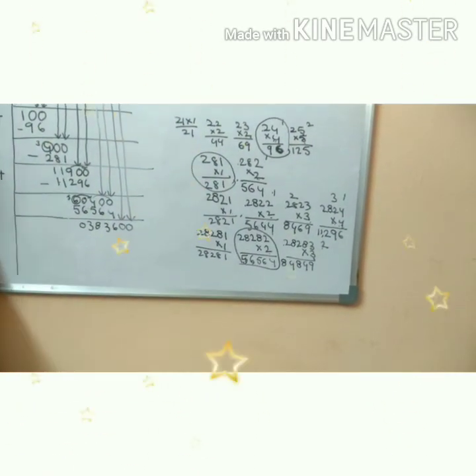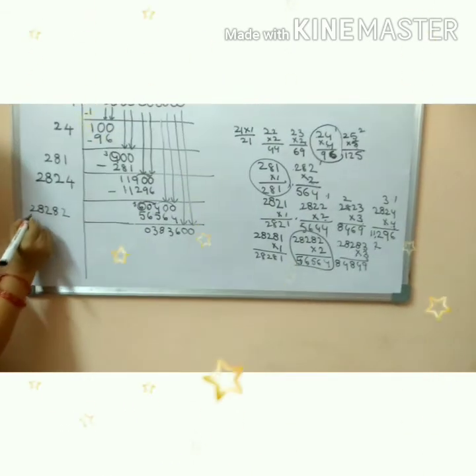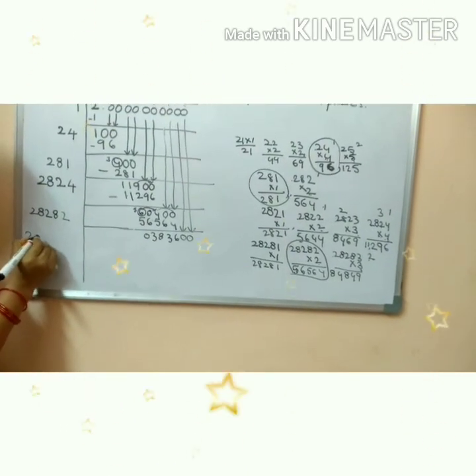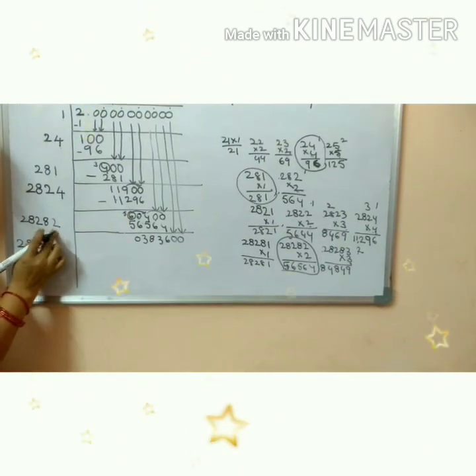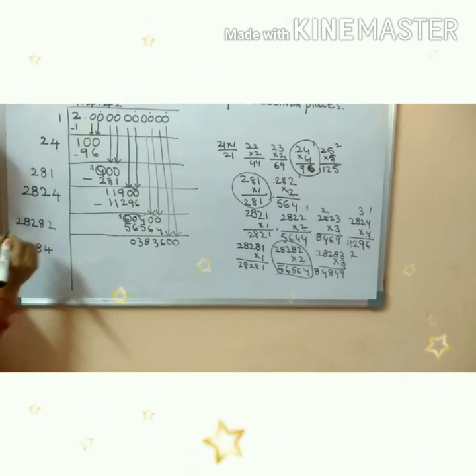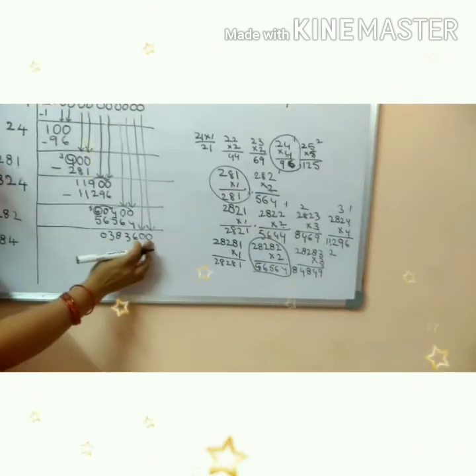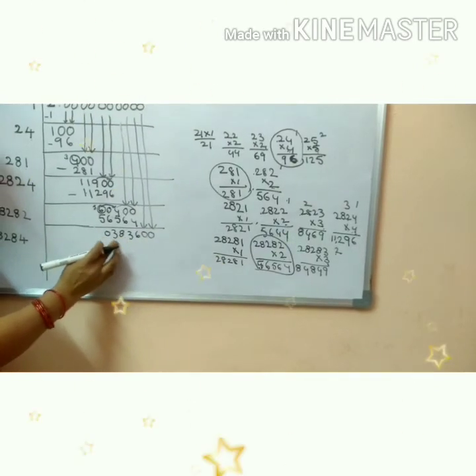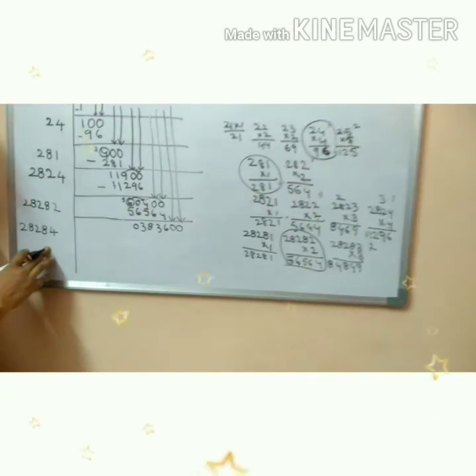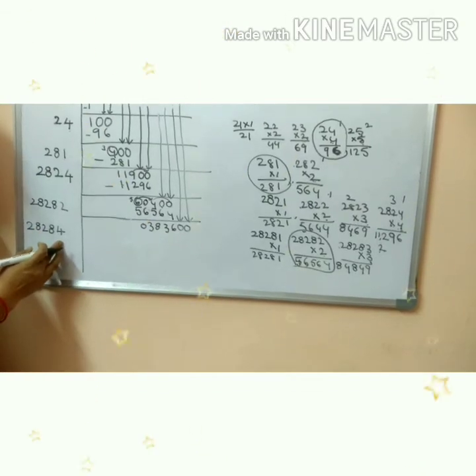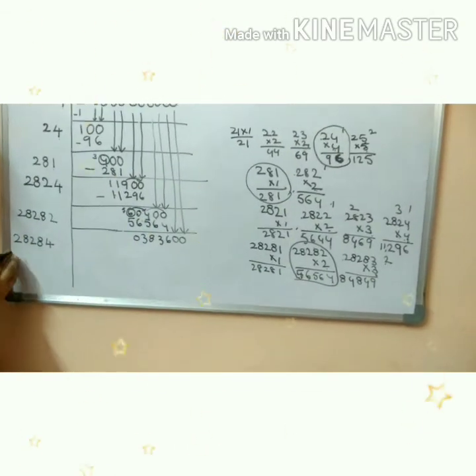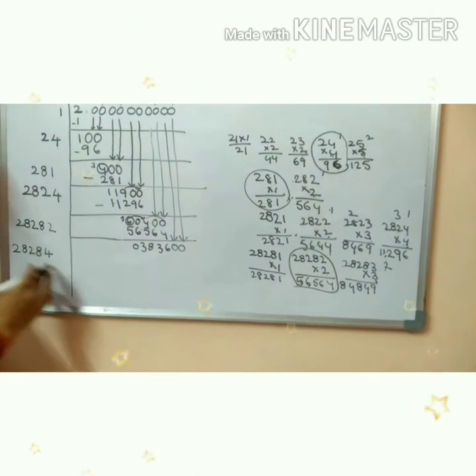Okay. So here write, as usual, 2, 8, 2, 8. And here the number is doubled. So in this case of ones, tens, hundreds, thousands, 10,000, lakhs, we should multiply. We have to take any number, then we will get the answer in the lakhs place. So which number is multiplied?